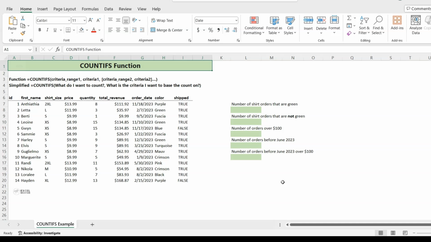Let's start by taking a look at the function, which is going to ask us for a criteria range and a criteria. A simplified way to think about that is, what do I want to count, and what is the criteria I want to base that count on? And in this lesson, we'll go through a few different examples of how we can apply the COUNTIFS function to